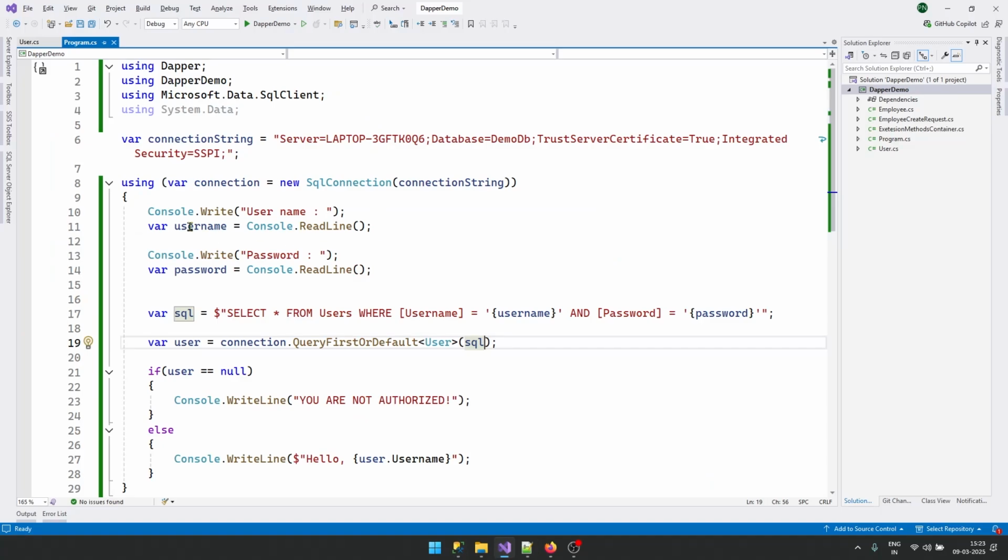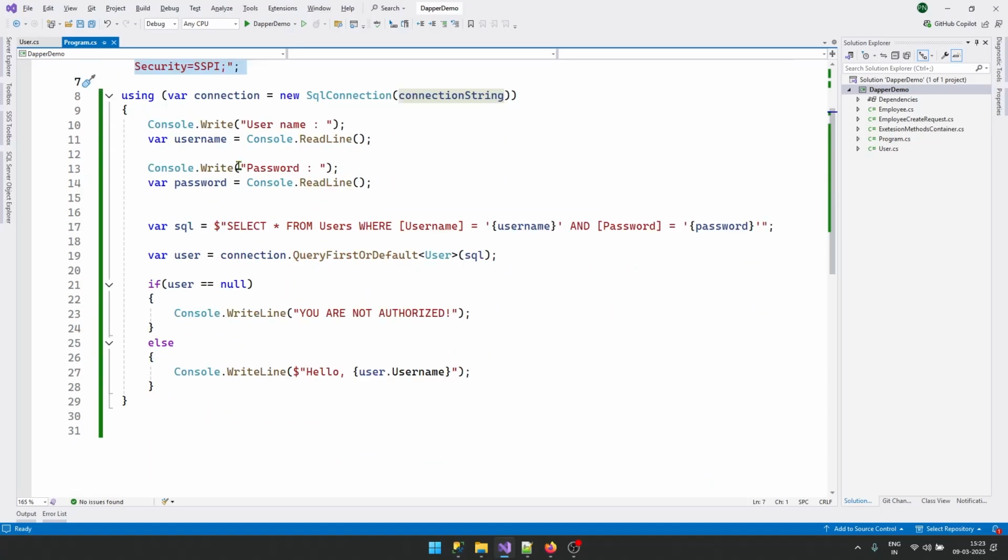Here again, I have created an SQL connection using this connection string, and I have written a very simple code. I am asking username and password from the user, and using that I will be creating an SQL query. And if you notice here, I am not using parameters. What I am doing here, I am directly passing the username and password to this SQL query and executing it